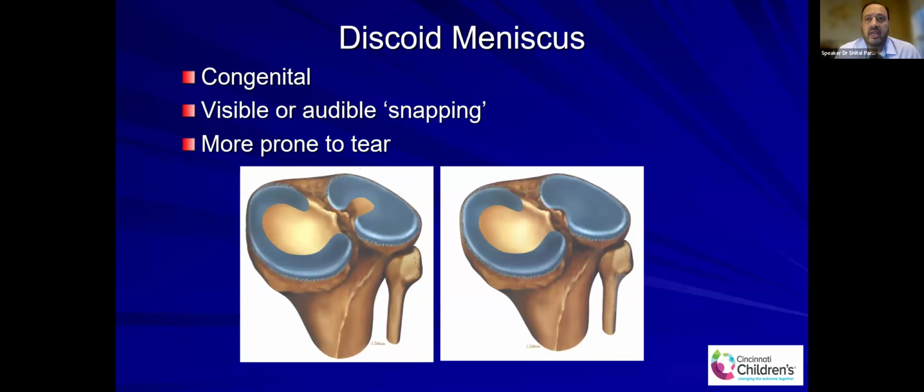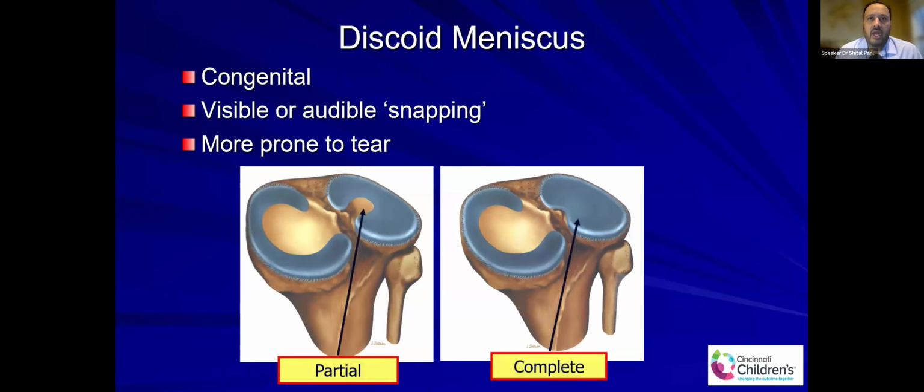It's congenital. It presents as either visible or audible popping in a very young child. You don't need an MRI on that child unless there are more symptoms than just occasional clicking or popping. If they have a tear, then they would have more swelling, more pain, a limp. But discoid meniscus can be either a complete discoid, which is the one on the right side, compare it to the medial meniscus. See how the lateral meniscus is shaped like a disc,